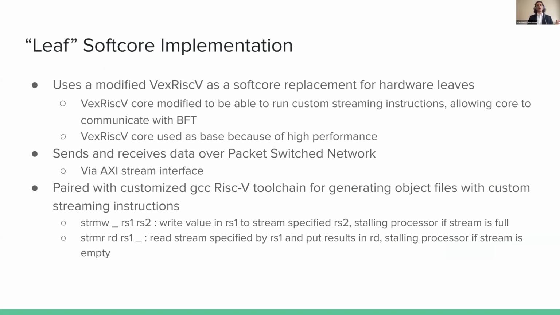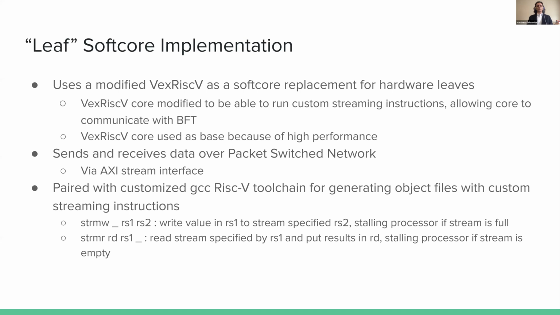So the leaves are implemented using a modified VexRiscv RISC-V as a soft core replacement for the hardware leaves. We use the VexRiscv core. We modified it to be able to run custom streaming instructions, which allows our core to communicate with the BFT. Using our core, we send and receive data over the packet switch network, and we do this via an AXI